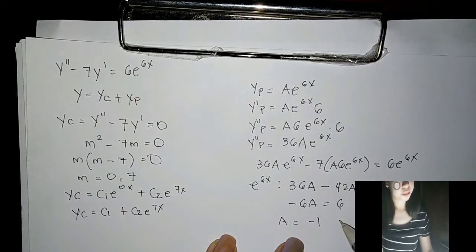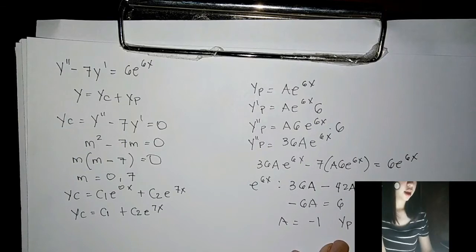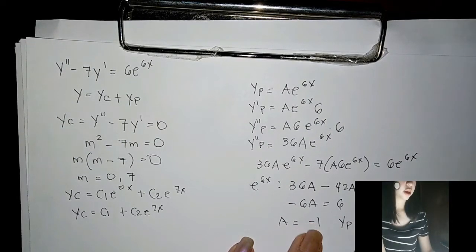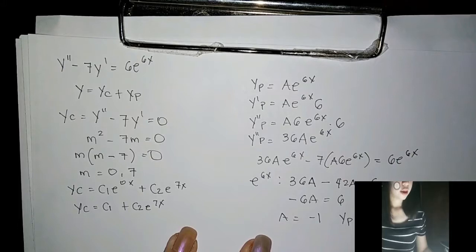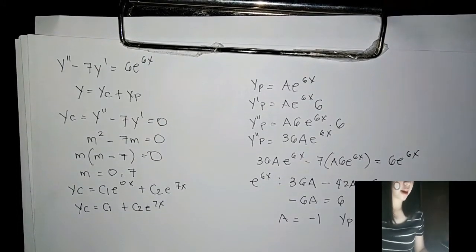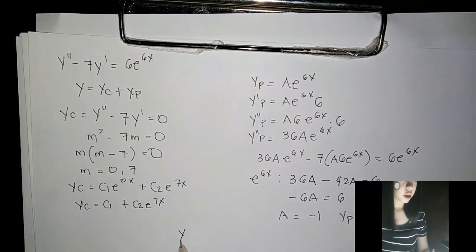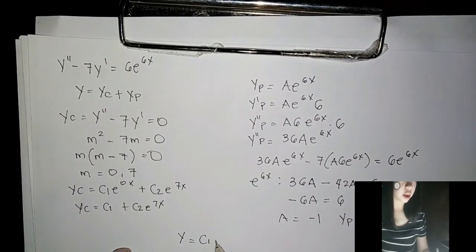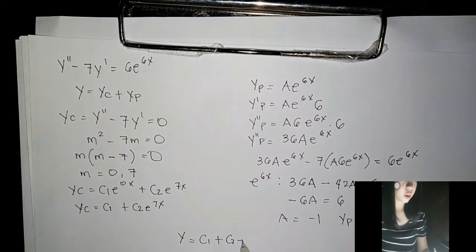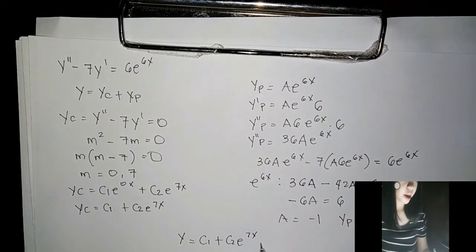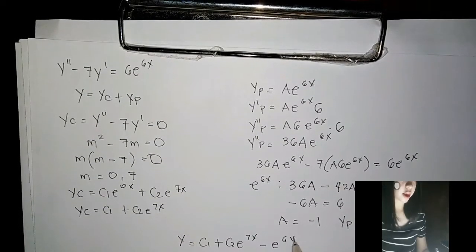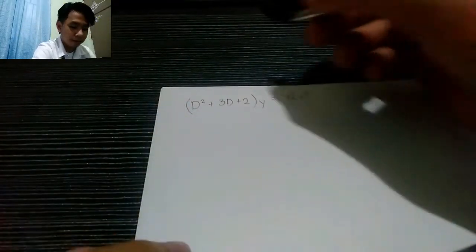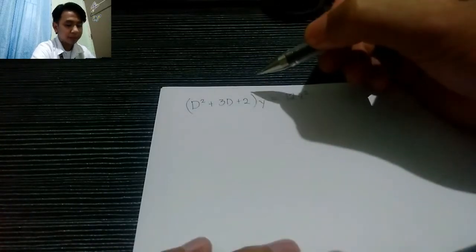So, substitute negative e raised to 6x na lang kasi 1 nga. So, pagsasamahin na natin sila para makuha natin yung final answer. So, y is equals to c1 plus c2 e raised to 7x minus e raised to 6x. That's the final answer. So, for our next example, meron tayo ditong d squared